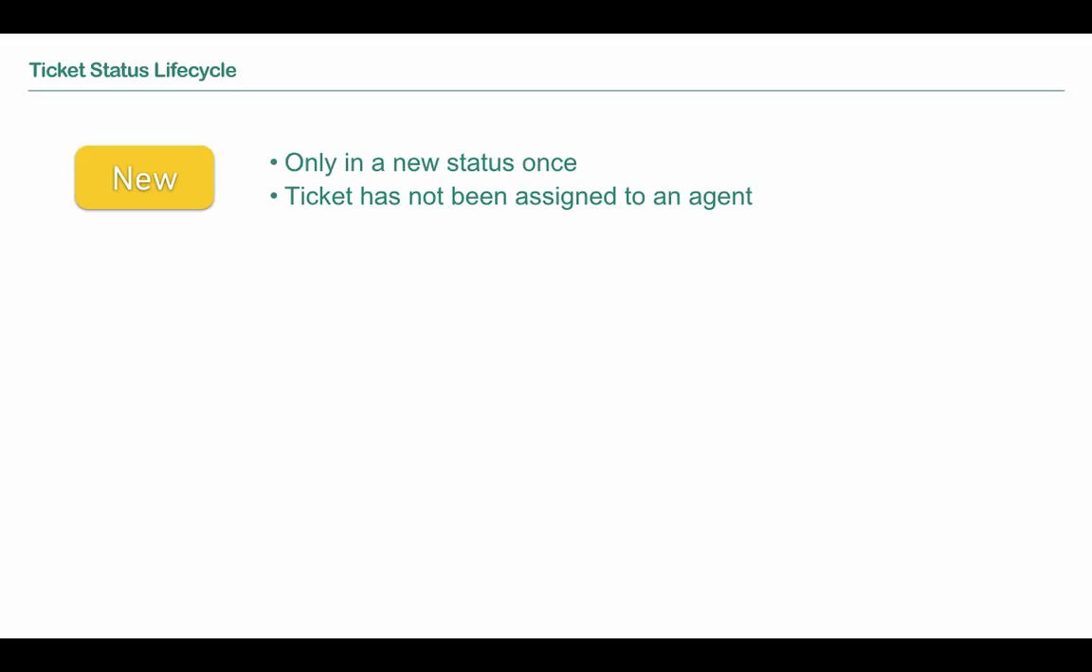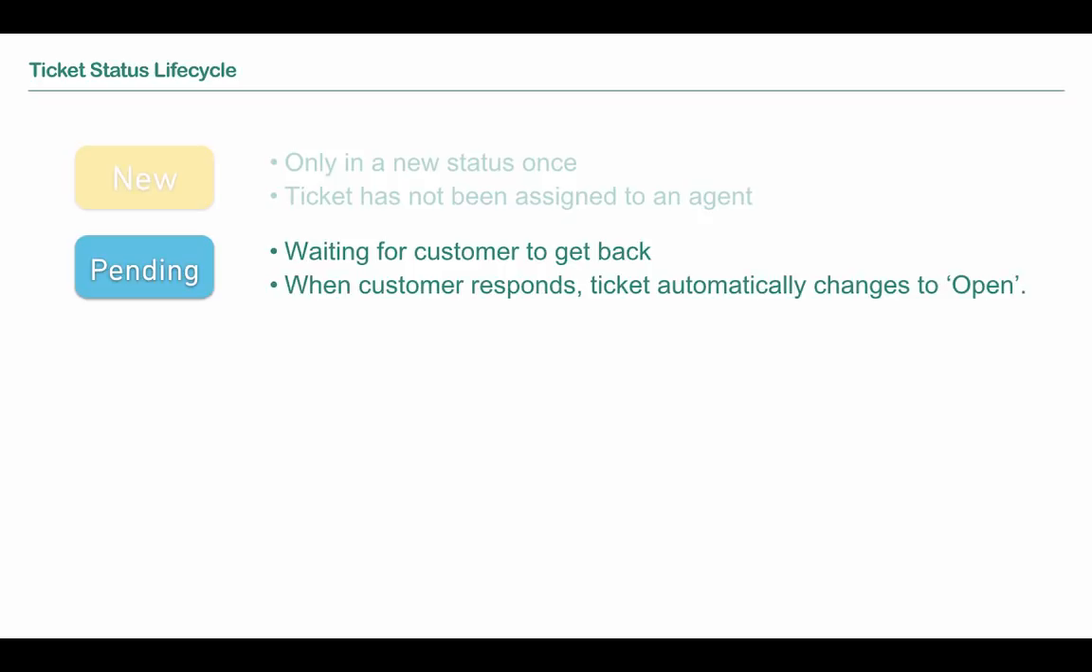It's only going to be in this status once in its entire life cycle. Another thing to keep in mind is if you assign a new ticket to an agent, then that ticket will automatically be moved from new into an open status, because any ticket that's assigned to an agent can't be in a new status. Okay, the next status is pending, and this is when a ticket is waiting for a customer